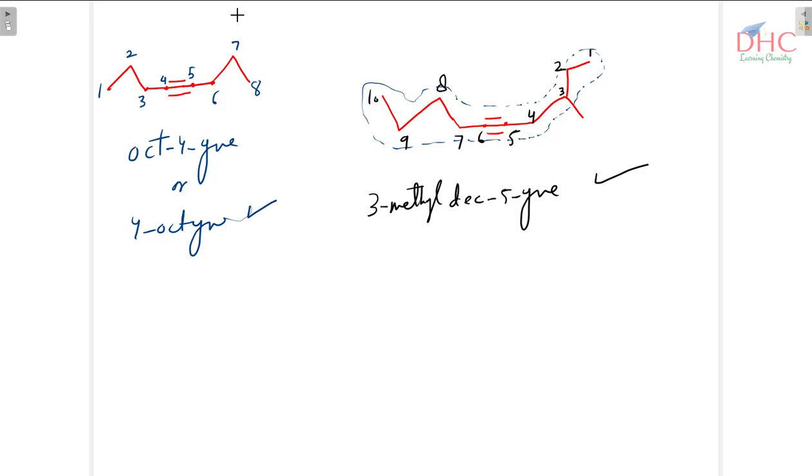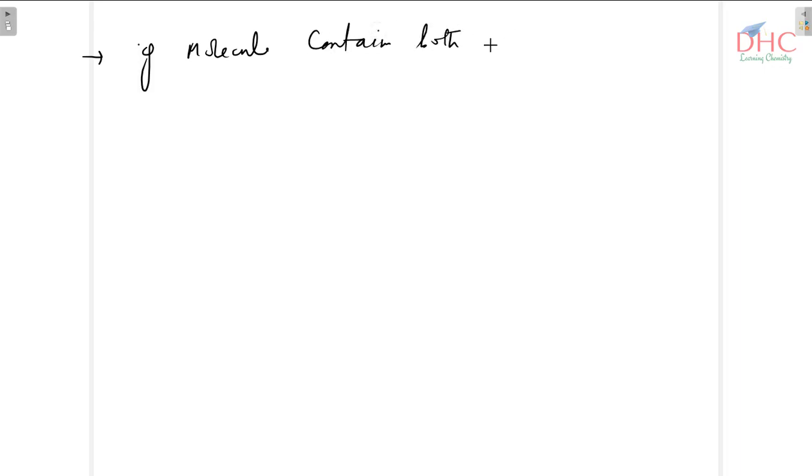Now let's switch on to those compounds in which we have both double bond as well as triple bond. So we will write the statement over here. If a molecule contains both double and triple bonds,